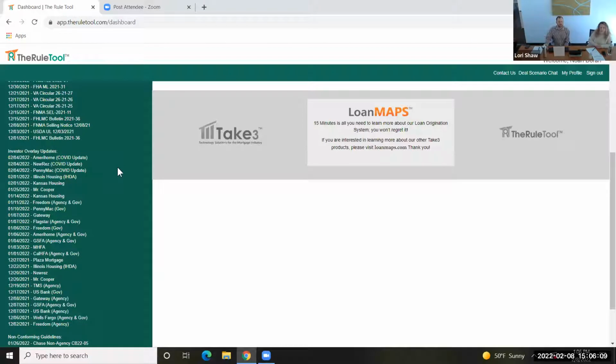We also will let you know if we have investor overlay updates as well. So we work with quite a few investors to post their overlays to the rule tool, which we'll look at a little bit later. But we'll let you know right down below if there have been any updates to investors